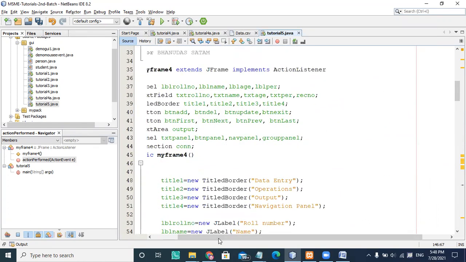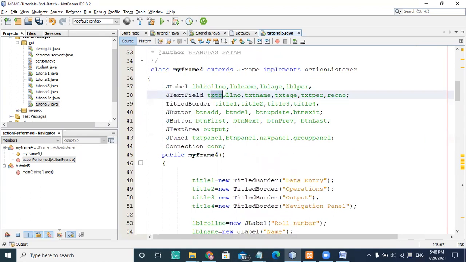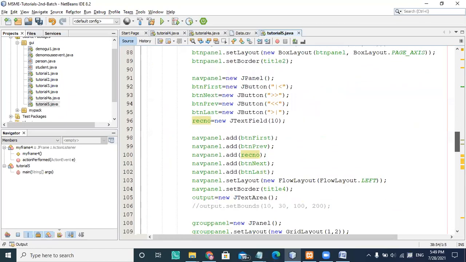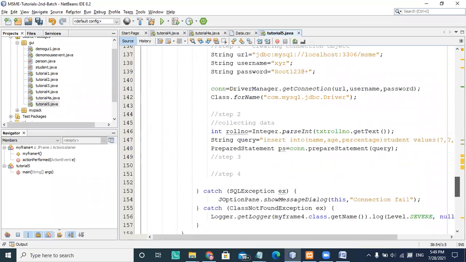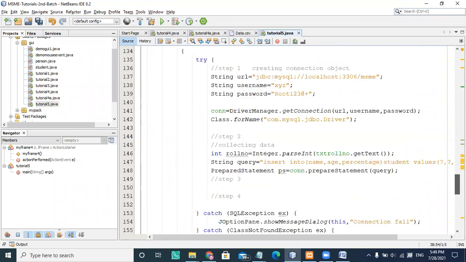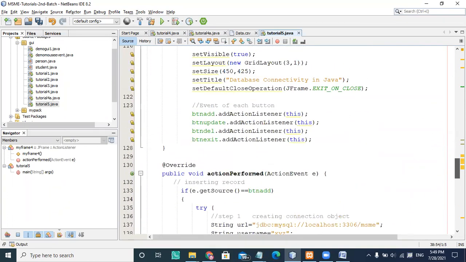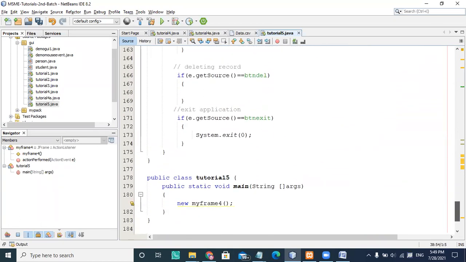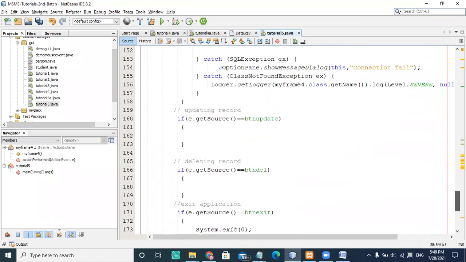So if you see, this is txtRollNumber, txtName, txtAge, txtPercentage, and this is a record number. All these are JTextField kind of objects. So I'm getting the value from there, and I'm going to store that value inside my roll number here. This is a roll number of integer kind.